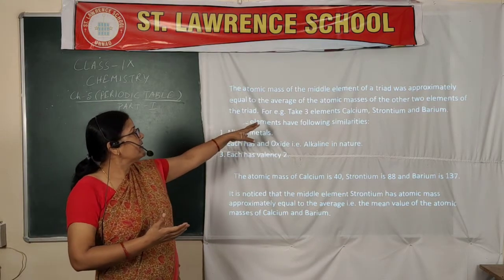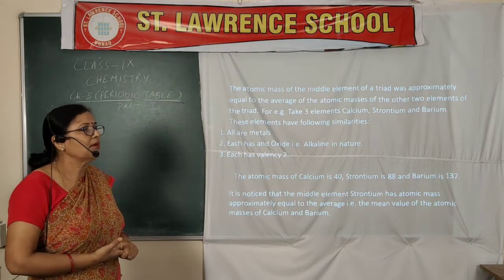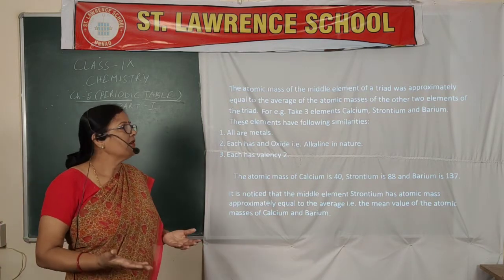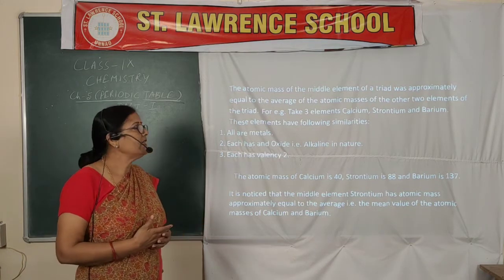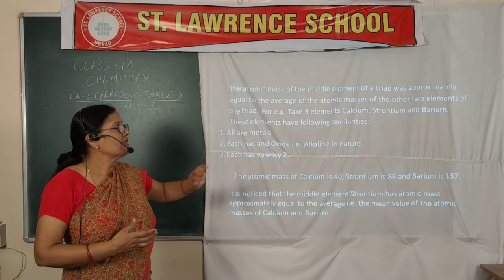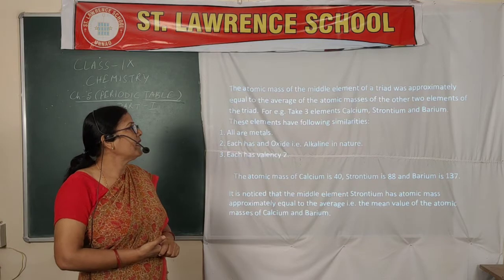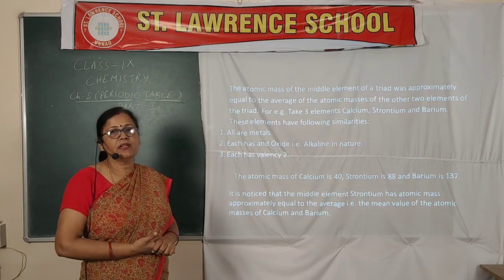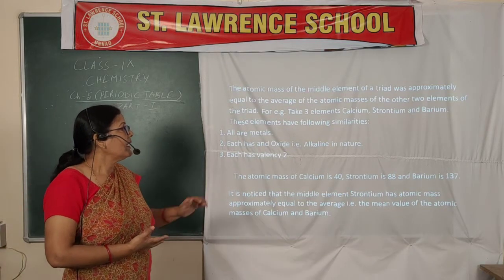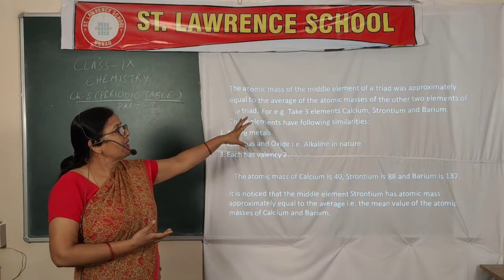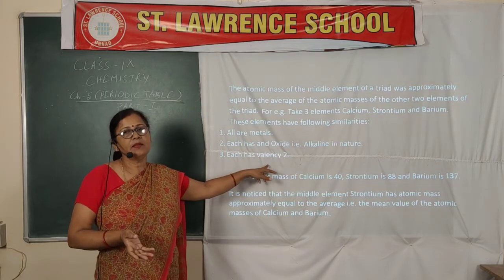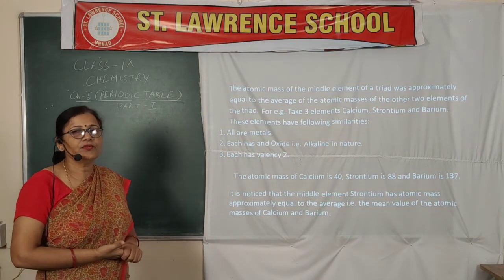In this method he took three elements, suppose calcium, strontium, barium. All these three have similar properties, showing similar characteristics, and valency is also similar. All of these are metals. Each of them forms an oxide of alkaline nature. If you take calcium oxide, strontium oxide, barium oxide, when these metals burn in air, they form oxides. They are of alkaline nature. That means he took three elements of the same characteristic, and each one has valency 2. So the last orbit consists of 2 electrons.